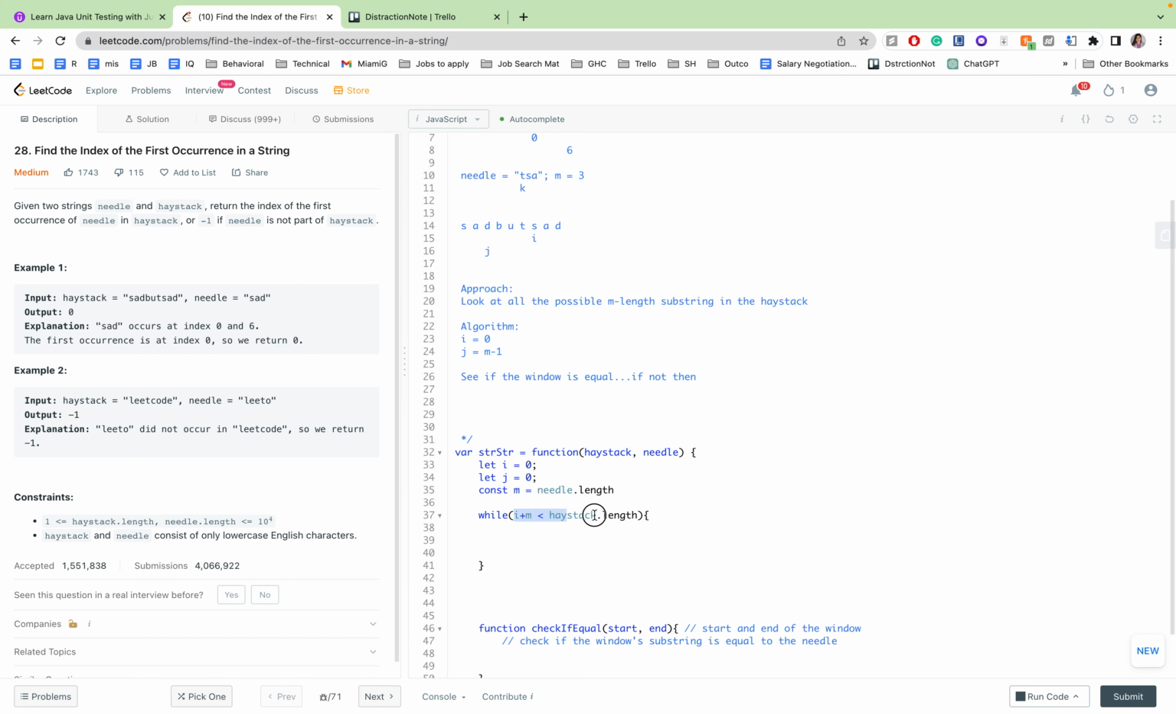I'm just checking if this condition is true or not. So I will be at this position, as I is less than the length of... normally it would be like... so I plus m should be